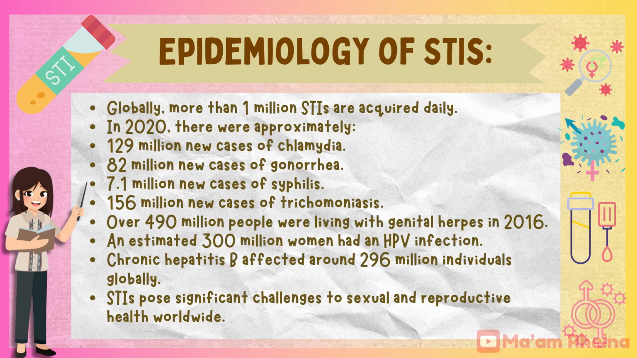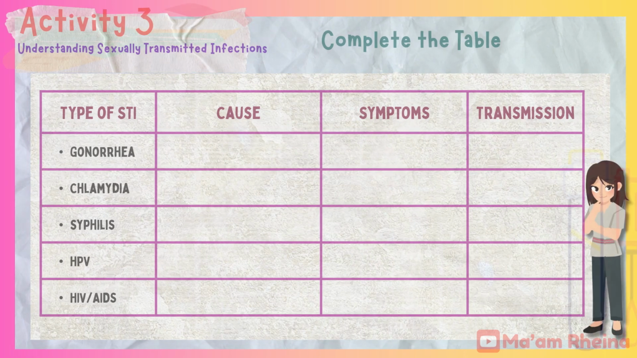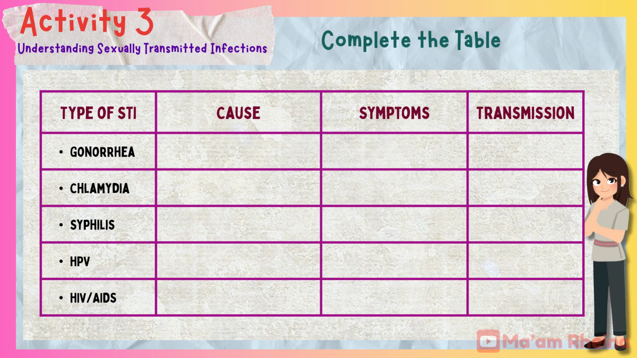These statistics show that STIs are a major global health issue, affecting people of all ages, genders, and backgrounds. They also highlight the need for education, prevention, early detection, and access to treatment to protect sexual and reproductive health worldwide. All right, class, now that we've discussed what STIs are, how they're transmitted, and their global impact, it's time